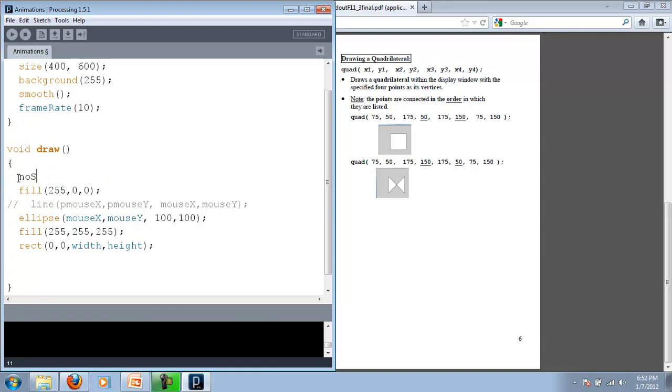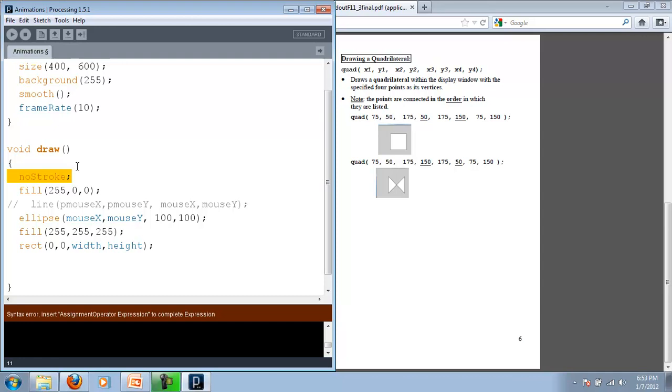So it's first going to change my fill color to red, and draw a circle wherever my mouse is, and then it's going to draw a rectangle that is all white, over top of the entire canvas here. And so what you get,